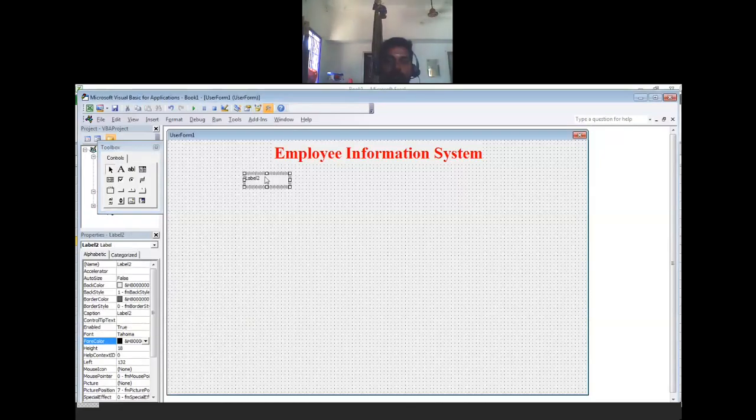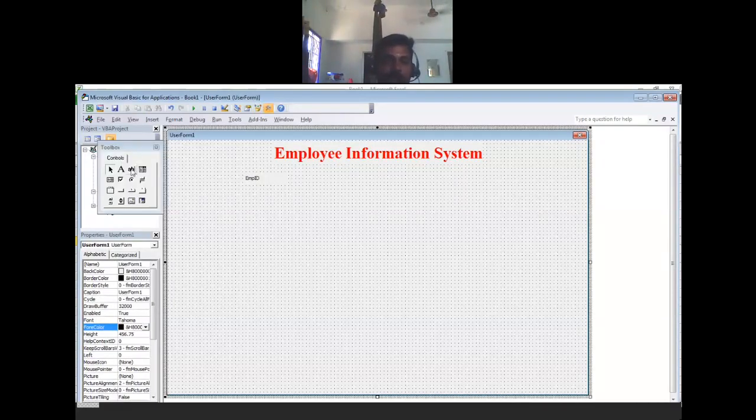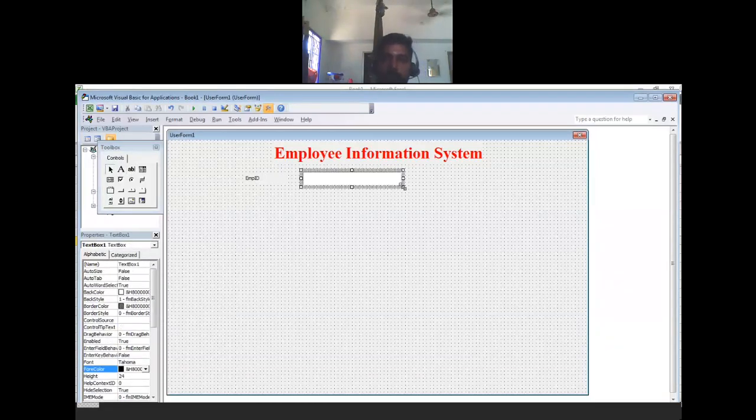Now I'm using a few controls. Click here. Now I make a label. First I make it Employee ID. Next, opposite it, we should have a place for typing the employee ID, so I keep a text box like this. Now this is a label, just a question: what kind of data you want to write in the text box. That's the question for the label, and the text box is our input box. We type our input data there.